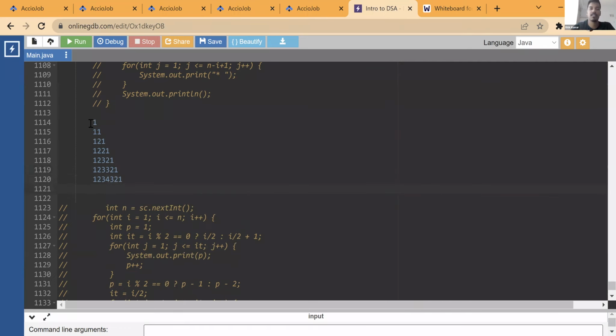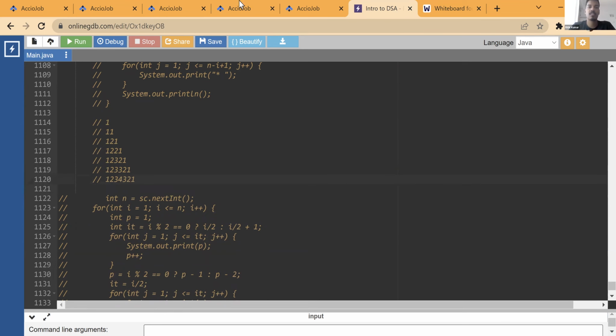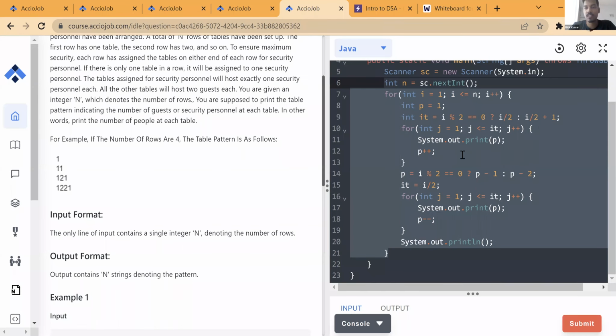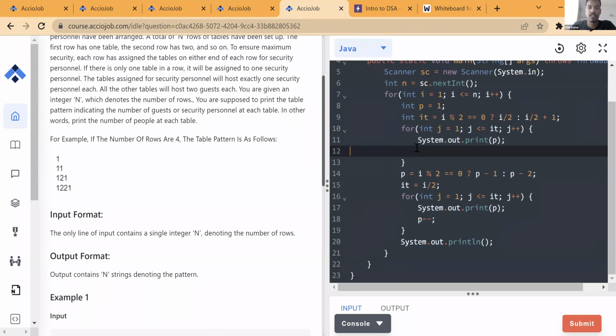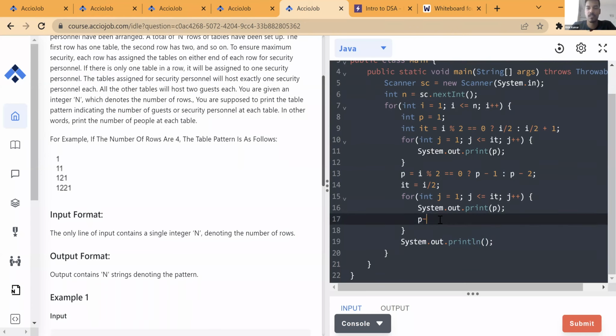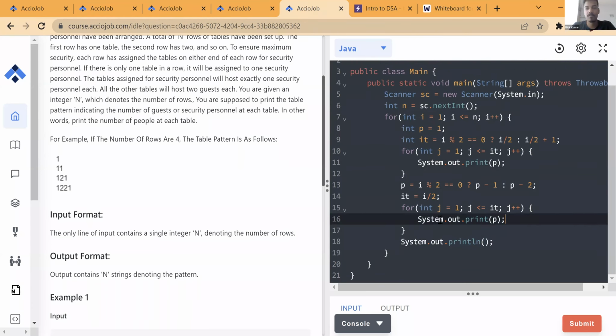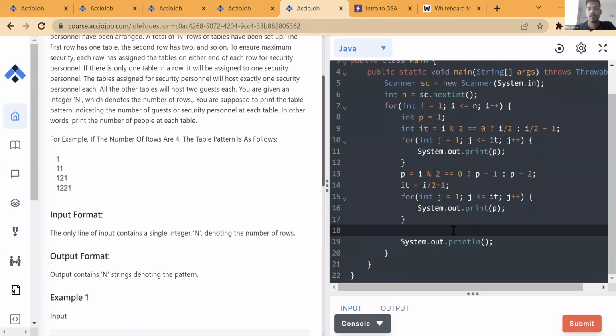Now there is a small change. We don't have to actually print this pattern. It's different. So what's different? We don't have to increase this, so that goes right away. So increment and decrement is not there. You don't need to increase it, you don't need to decrease it. I guess you can run it for i by 2 minus 1, and you just need to print a